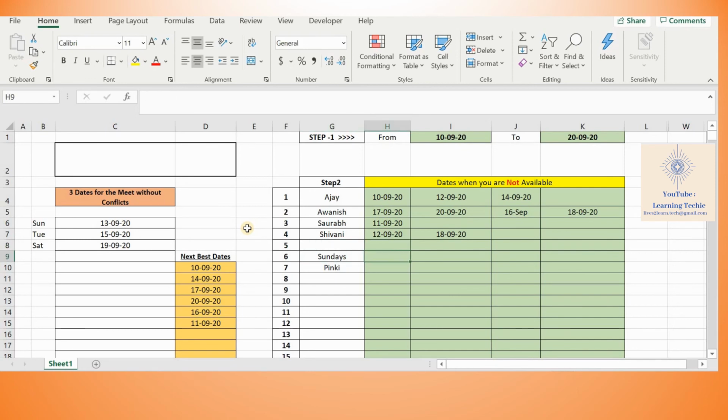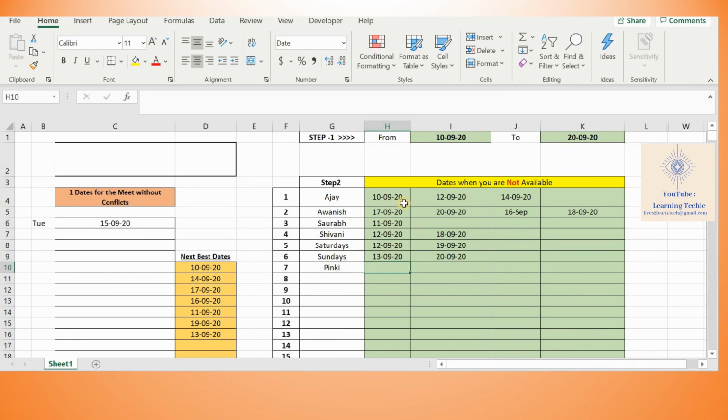This is extra. 13 September is a Sunday. 20th September is Sunday. Suppose if you want Saturdays also, you can put it like that. I think you understood. So it will be 12 September, 19 September. And Pinky has said that she is okay with all days.